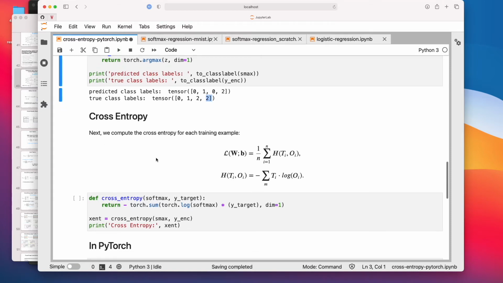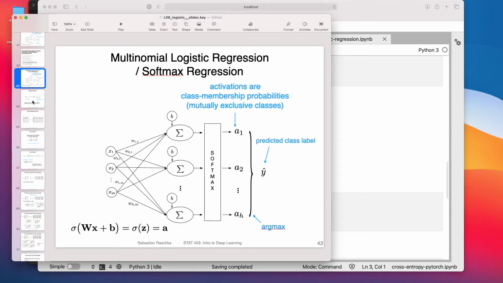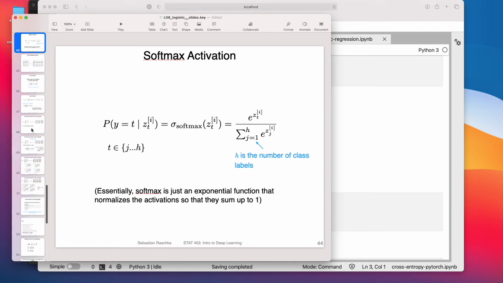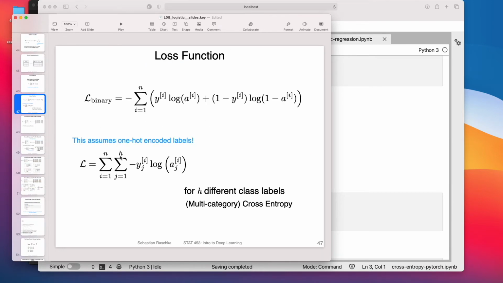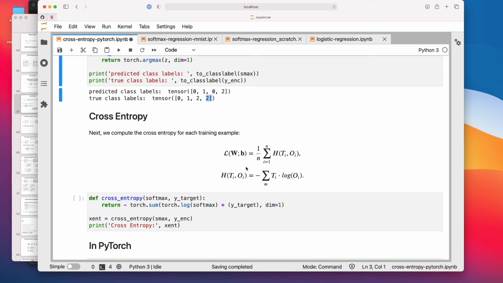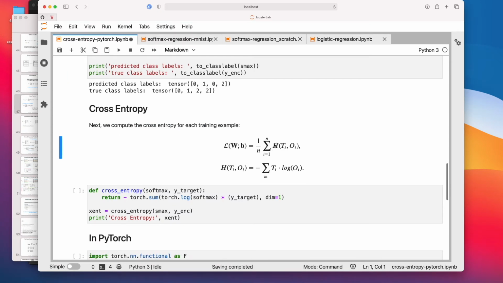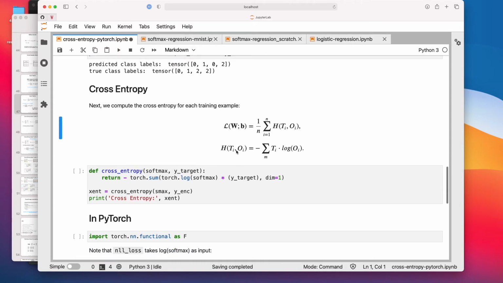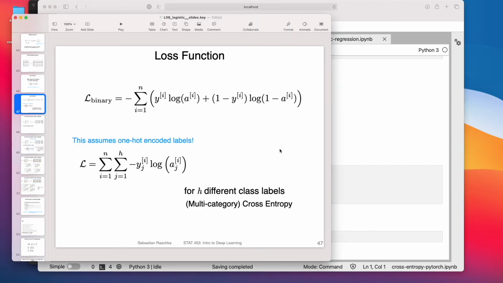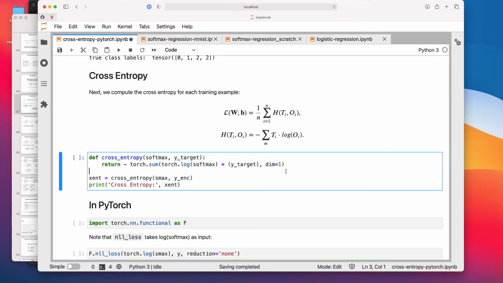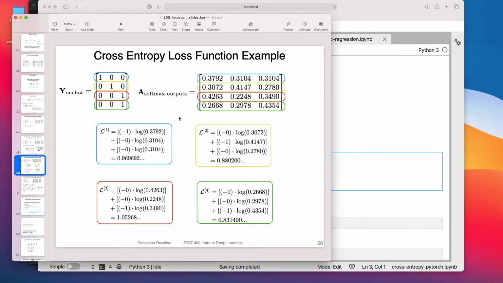All right, so here's again the cross entropy. Again, recall that there are two sums. So if I go back here, we have these two sums here. I kind of entangled them a little bit. This is a sum over the training examples, and this one is the cross entropy for the one-hot encoding. So this one is the inner one here. So let's compute first the cross entropy for each training example. So what I'm doing here is I'm computing these terms.